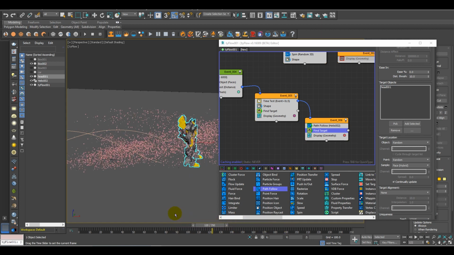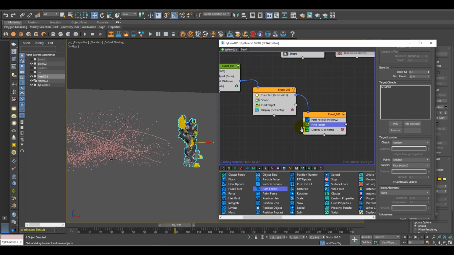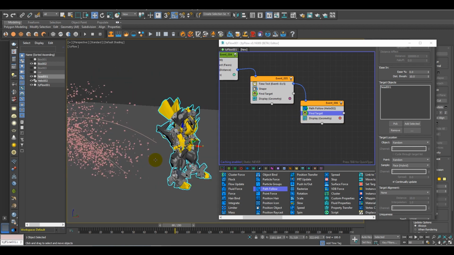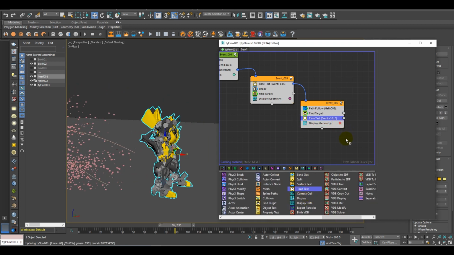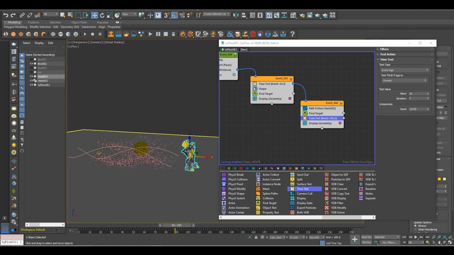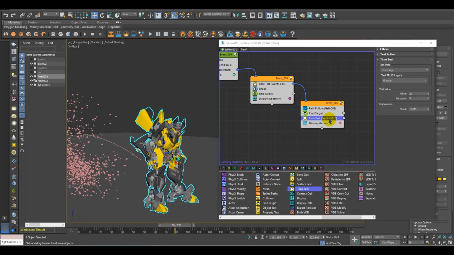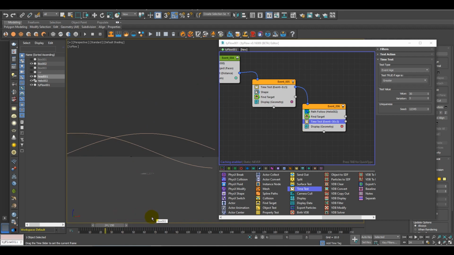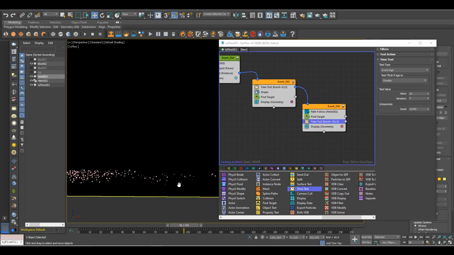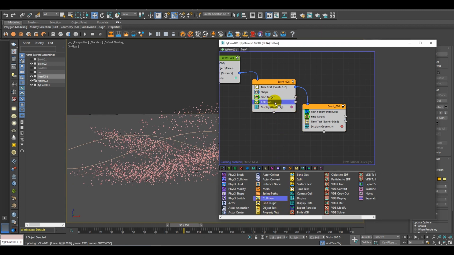I don't need this movement over here, so for that I will use another time event, as I need a bit of difference over here, so I need a time test. So let's drag a time test over here and keep it to around 30 or something, as I need a bit more interval. It's from here to here. So let's also add a collision, as my particle is colliding with the ground, you see over here. So let's add a collision over here in this event.